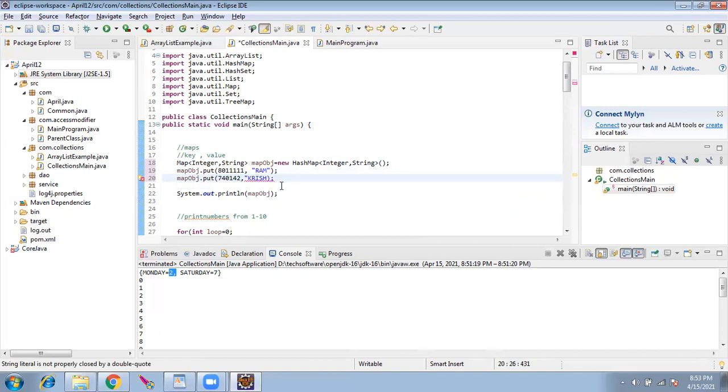So what is this error? I have to give double quotes. In a real time scenario, we'll have this kind of thing. We map the entire employee or a student to a particular unique value. The key should be unique. You should not have the same key. If I do one as Ram and one also as Krish, it will override and we'll have only one value.